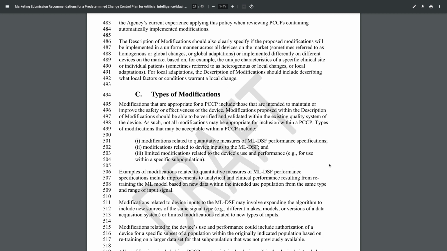Examples of modifications related to quantitative measures of MLDSF performance specifications include improvements to analytical and clinical performance resulting from retraining the ML model based on new data within the intended use population from the same type and range of input signal. Want to clearly understand that. Good stuff. Modifications related to device inputs to the MLDSF may involve